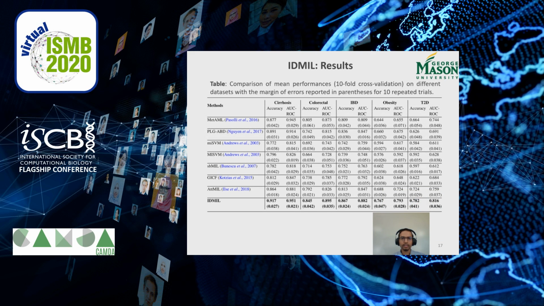So these are the results of IDMIL. We can see that IDMIL outperforms other approaches for all the datasets in terms of average AUC-ROC values. The reason can be inherent in the steps of IDMIL. For example, the TF-IDF score that we used in the earlier step removes the uninformative k-mers and noises from the system. The instance clustering removes the effect of repetition in the sequence reads of the whole metagenomic data.